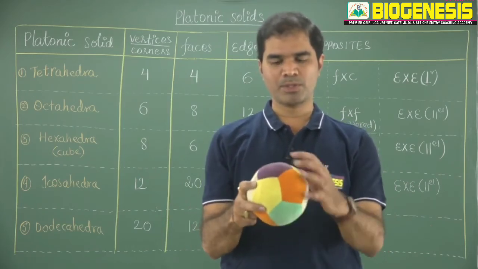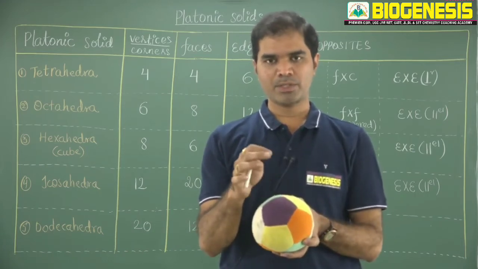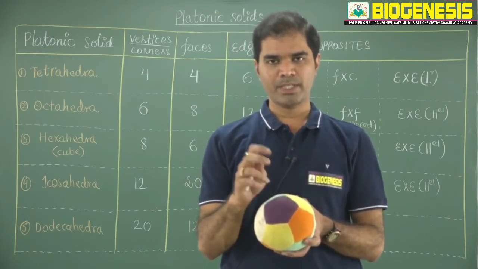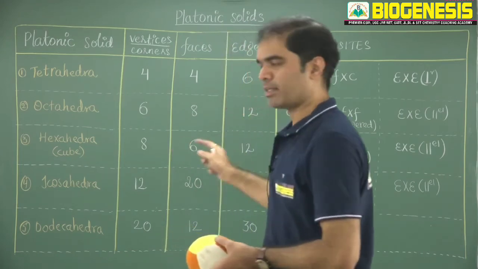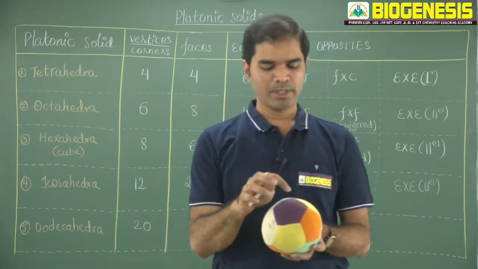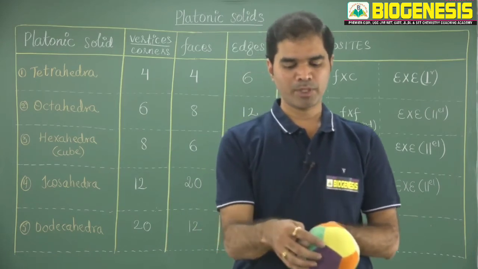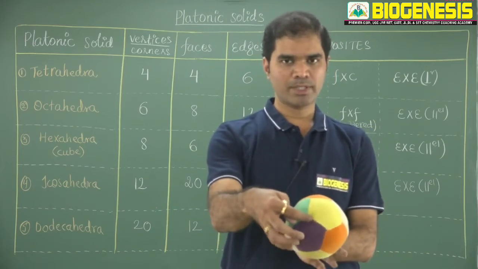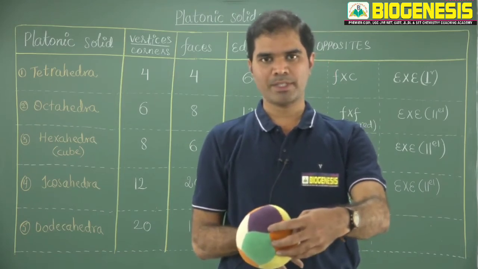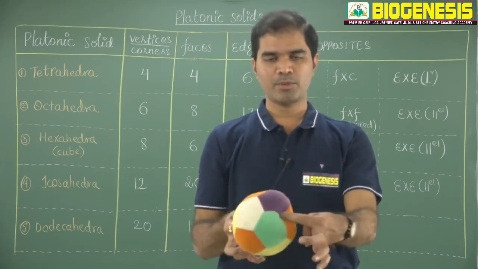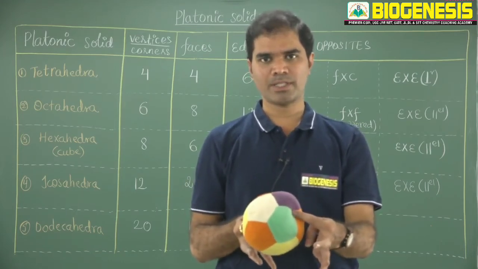It is not possible to show because this is an opaque one, not like that model. Anyway, I am trying to just show the opposites for you. Vertices, faces and edges just depend on the icosahedra, therefore I have directly written it. Let's come to the opposite. If I am choosing one vertex, exactly opposite will be another vertex. Suppose I am choosing this vertex, opposite I am holding with another finger, I am just showing it. Exactly opposite will be another vertex. So I choose any vertex, opposite will be a vertex for it. So vertex to vertex, or corner to corner, is established.